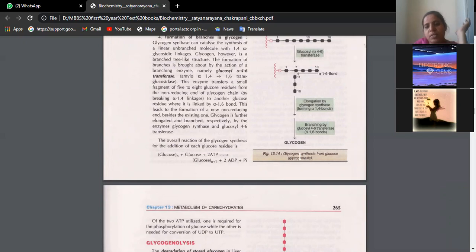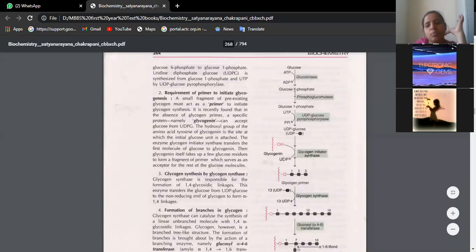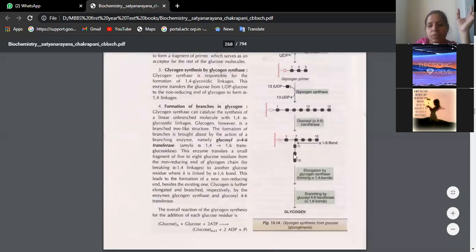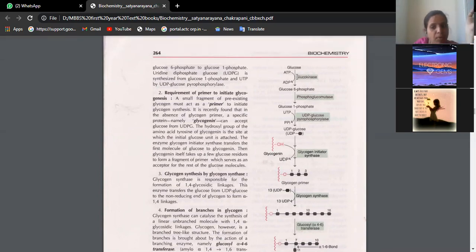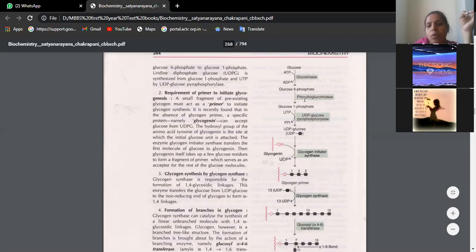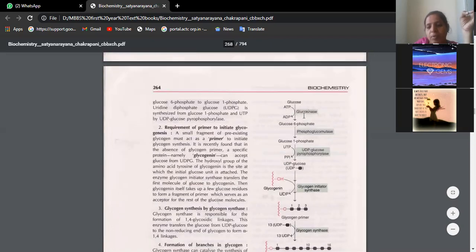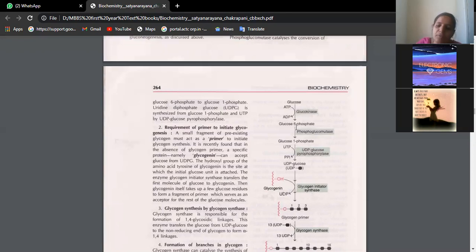Glycogenesis: many glucose molecules bind together and lead to the formation of a long chain of glycogen through a series of steps. The first step uses hexokinase, one of the enzymes we saw just now when we were doing the kinases. You can give this example: glucose is converted to glucose 6-phosphate. For transferases you can use this example, but glucokinase. Where water is being added, you have to give an example as hydrolysis.